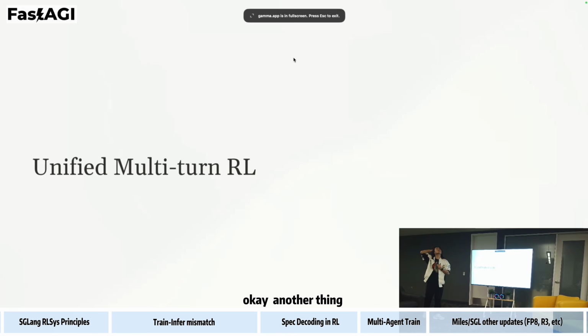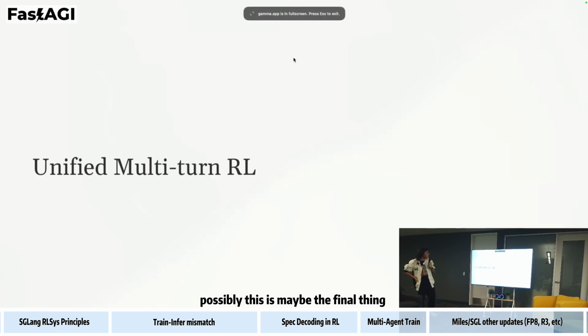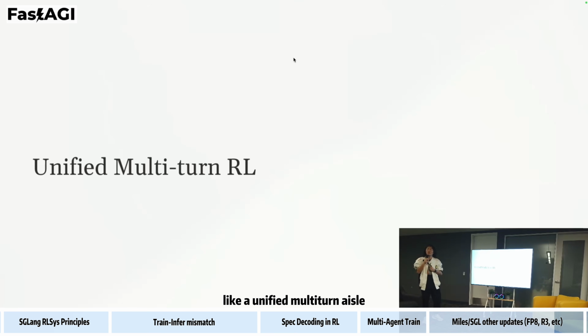Okay, another thing, possibly the final thing: unified multi-turn RL. I think Charlie, the previous speaker, introduced what multi-turn RL is. If you think about multi-turn RL, you are interacting with agents. When you're interacting with agents, do you care about Megatron, or whether it's served with SGLang?